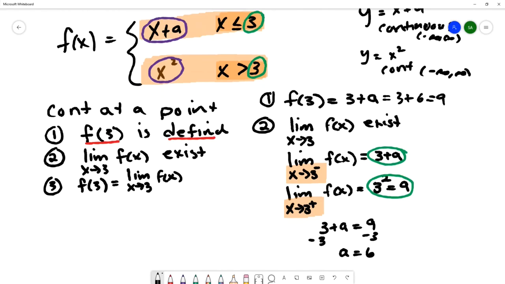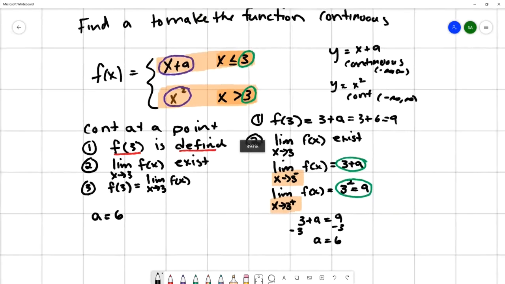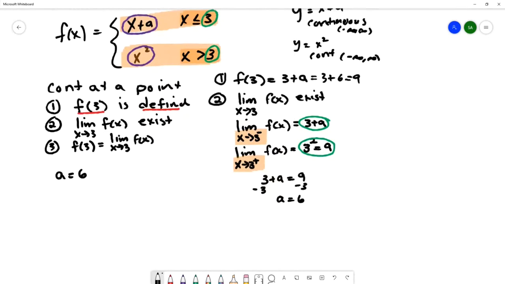So we need a to equal 6 in order to make this a continuous function. So that would mean the function would be x plus 6 when x is less than or equal to 3, x squared when x is greater than 3, and we can double check